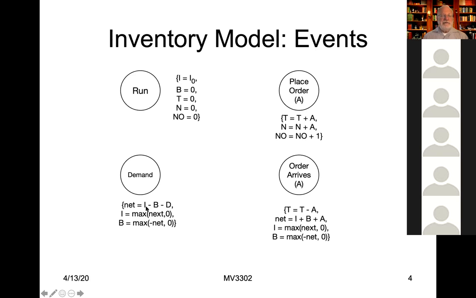If at any point there's a demand, we have I on hand and B back ordered. So I minus B would be the net amount right before the demand. And that could be a positive or a negative number. And then when the demand occurs, that net value would be decreased by this value D that the customer has